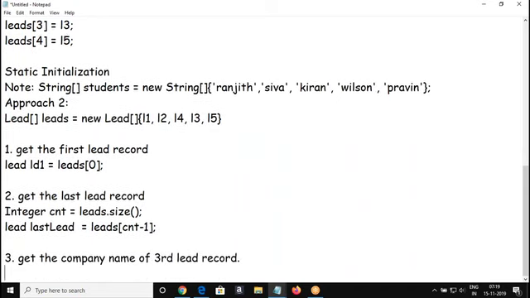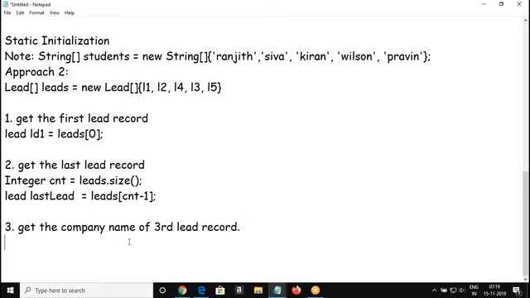And how to get the company name of the third lead record? So leads, the third lead record takes the position of index 2. Got me? So this returns the record. What do I need now?